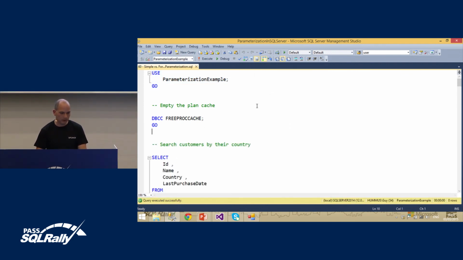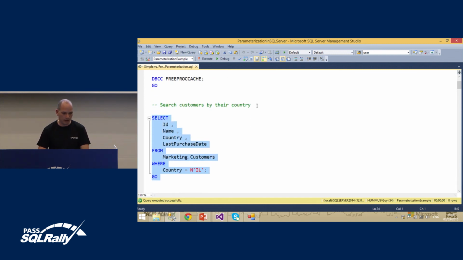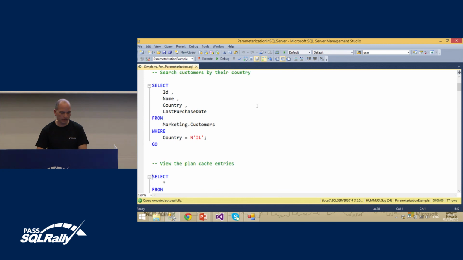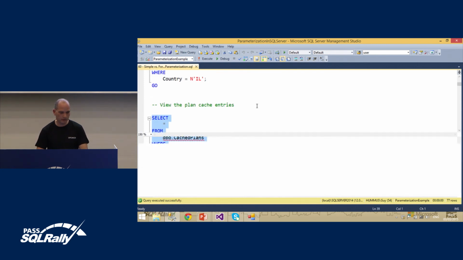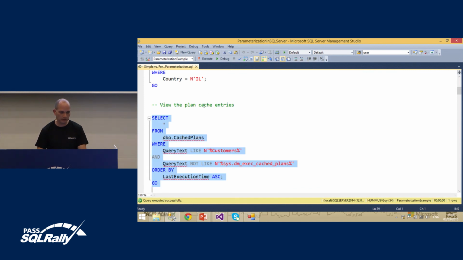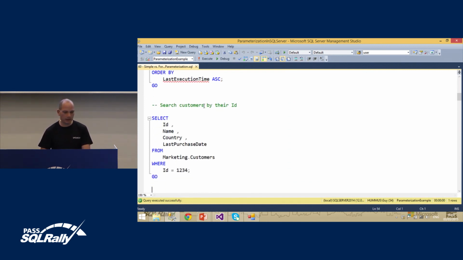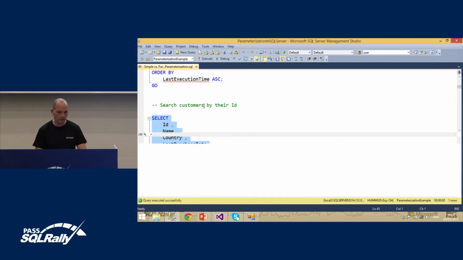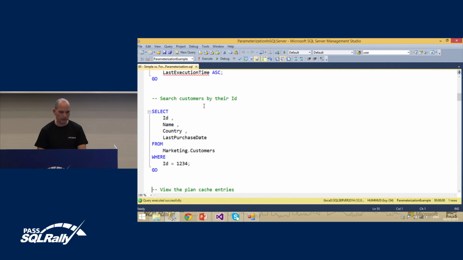Okay. So again, empty the plan cache. The same query. We already saw it before. It is ad hoc, no parameters here, right? Because I used a constant value. But look at this query. This time, I search by the ID, where ID equals 1234. Again, this is a constant value, no parameters here. But if we look